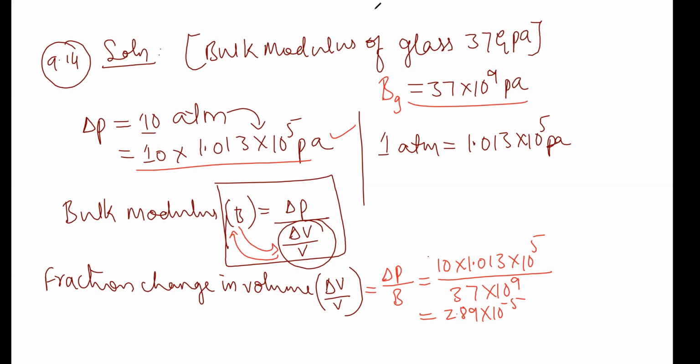Some got 2.73, nearly 2.8. So some got the exact value, some got 2.7 something. Okay, let it be; near 2.8 is okay. So what you do there is, the digits you are using, sometimes you are considering 2 decimal points, sometimes 3 decimal points. Because of that the value differs, otherwise 2.89 comes. So if you check correctly, you will get that value. So at least you have to use 2 decimal points or 3 decimal points. So I hope you got this one.